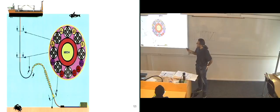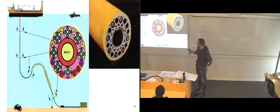And here you have the same. You have a lot of different stuff going through it, so it's a very complex umbilical. But you have electricals, you have hydraulics. I don't have the legend for this one, so I don't know what each of these symbols are